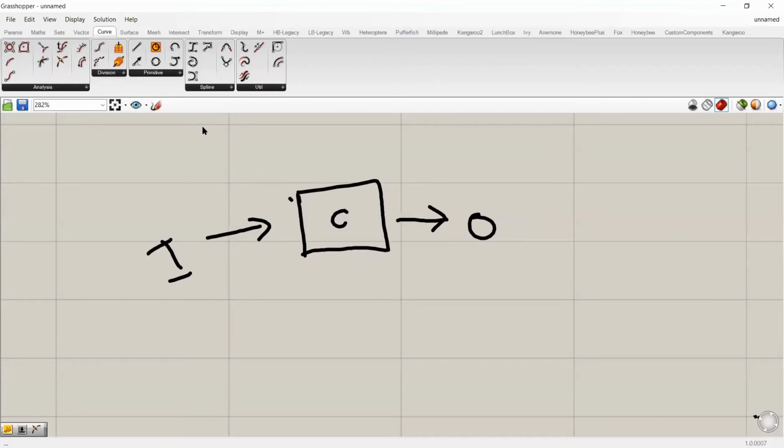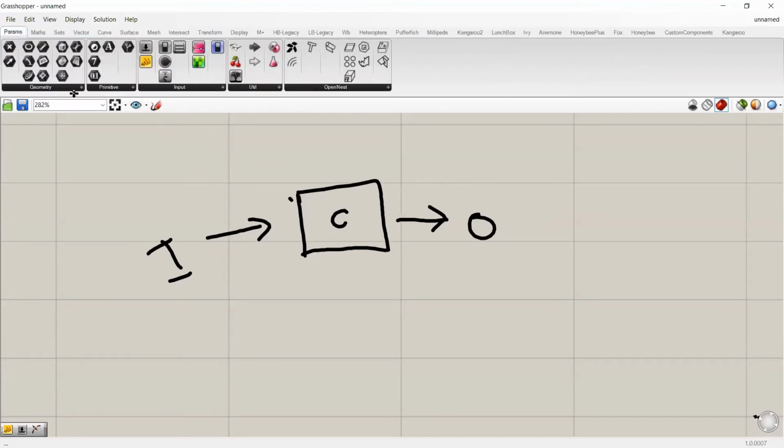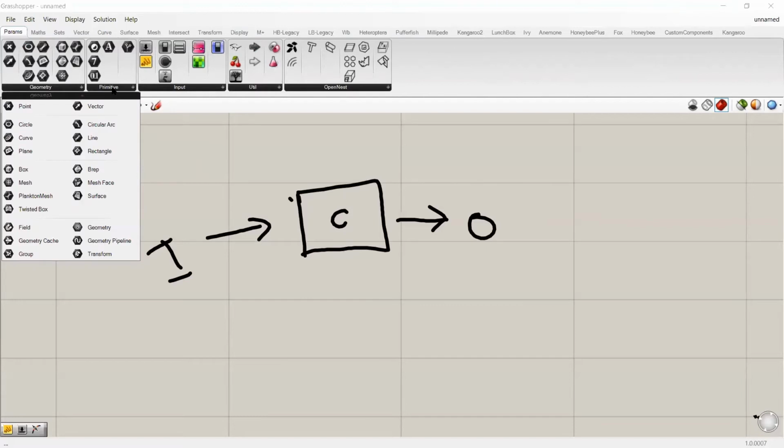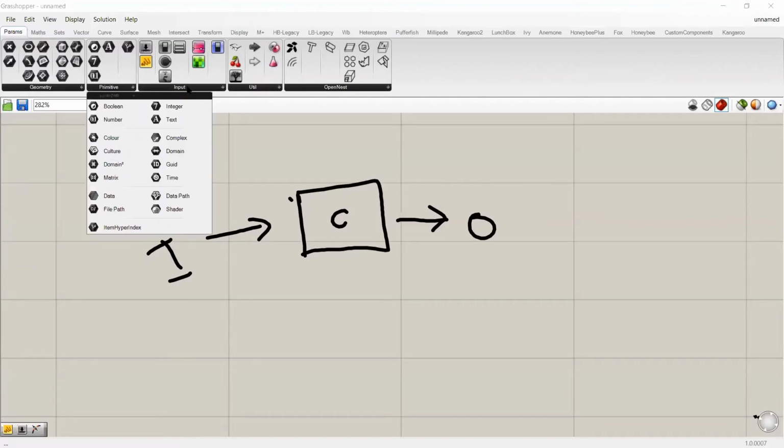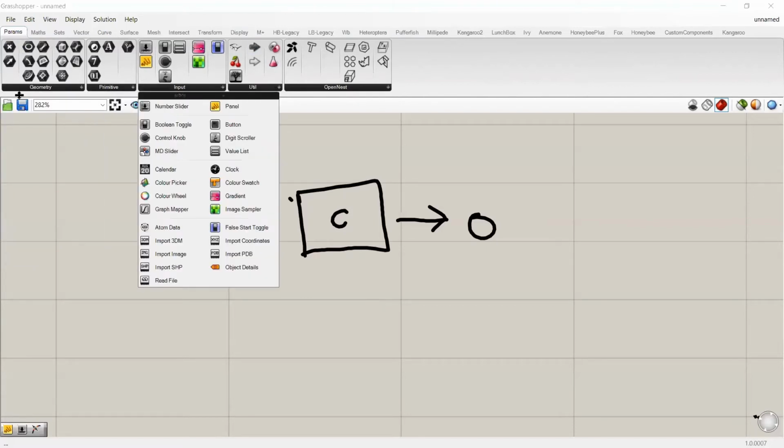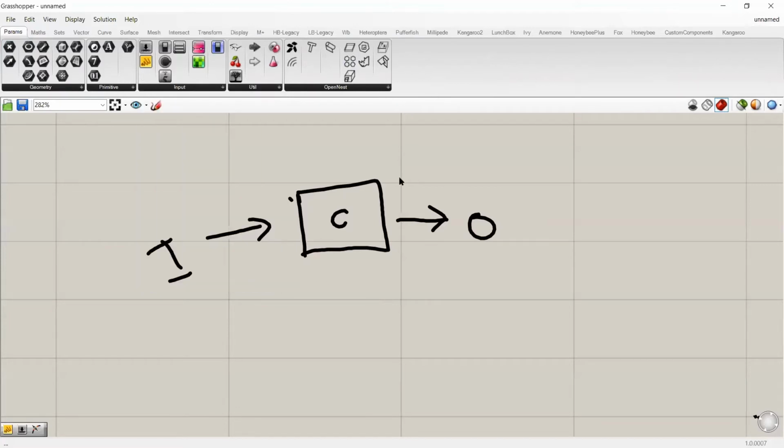By default, all the components in the Grasshopper interface are standard components, except in this Params tab, the geometry toolbar, the primitive toolbar, and the input toolbar. Except these three toolbars, all the components in the Grasshopper interface are standard components. That is, it requires an input to give an output.